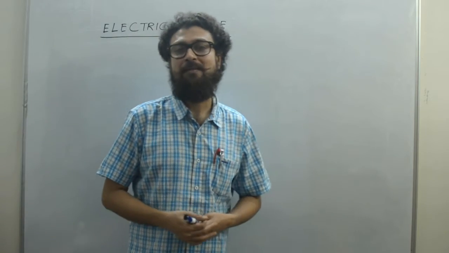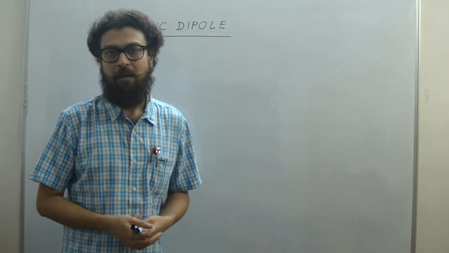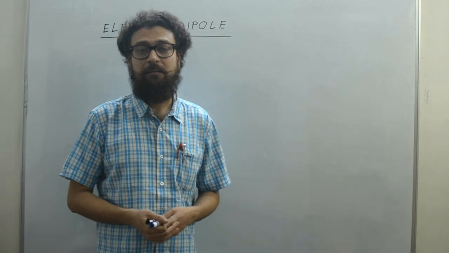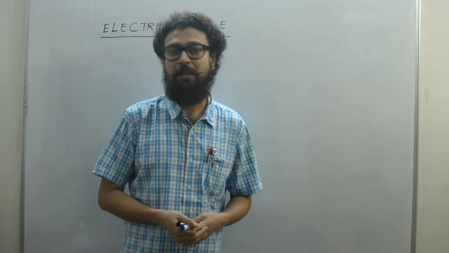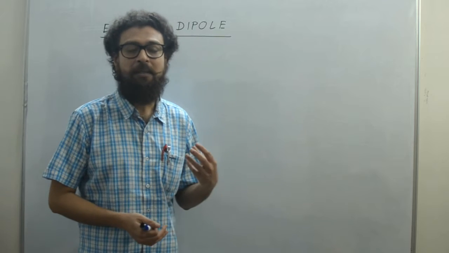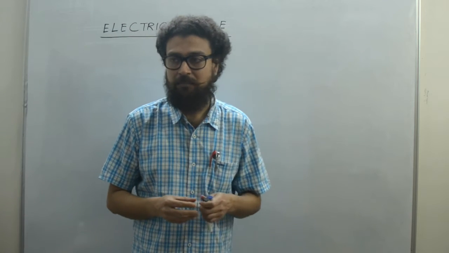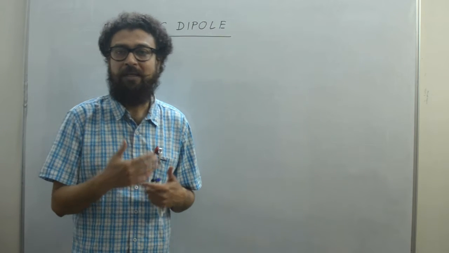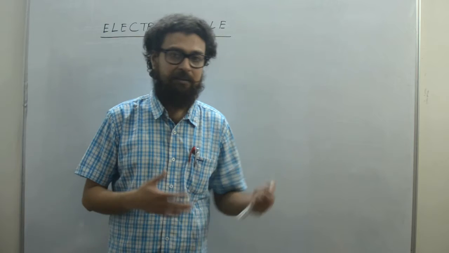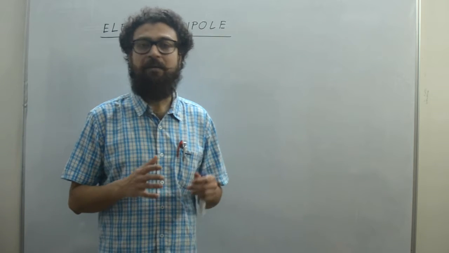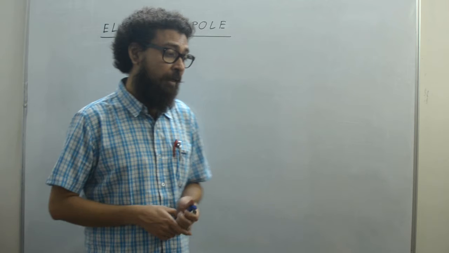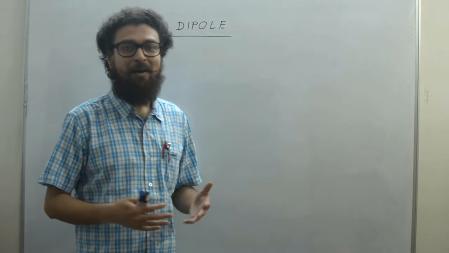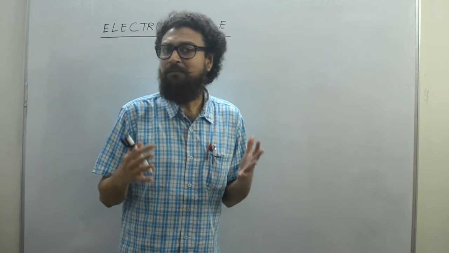This is the second part I'm starting. We have already completed part 1 of this lesson, that is electric field, and we have come to know the expression for electric field for a point charge and even for a distribution of charges. We know how to calculate electric field, and we are aware of its vector attributes.